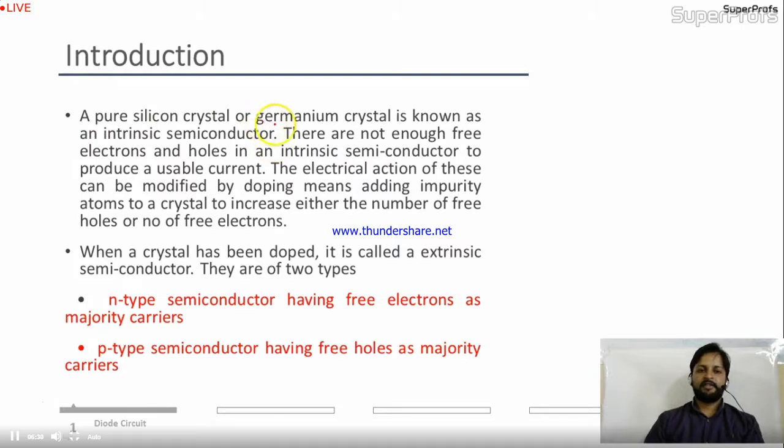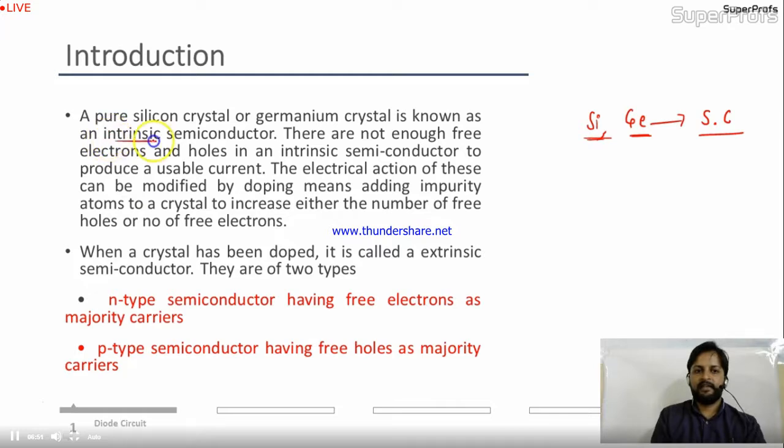A pure silicon crystal or germanium crystal is known as an intrinsic semiconductor. I think you heard about this. Silicon and germanium are semiconductors, right? They are semiconductor devices. If we talk about pure silicon or pure germanium at room temperature, it will act